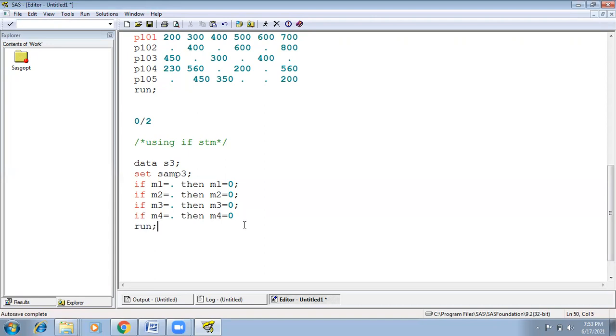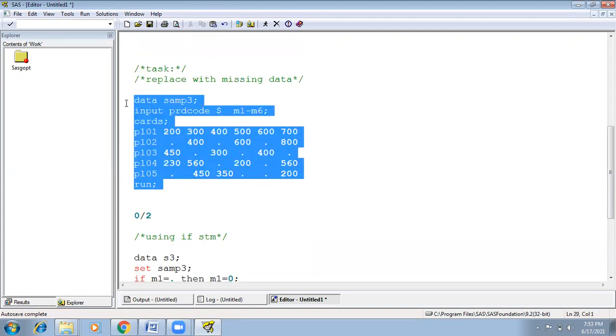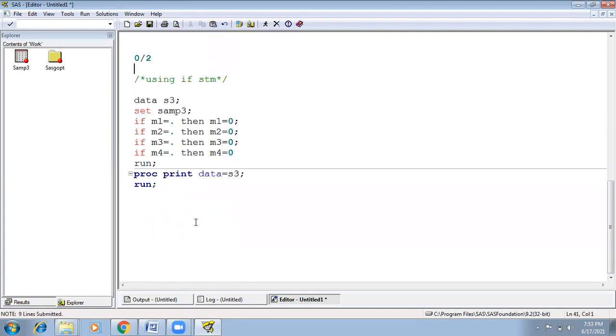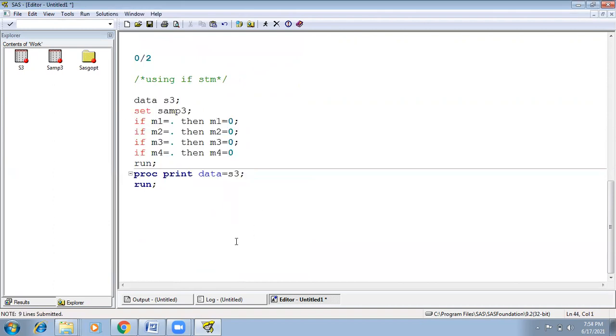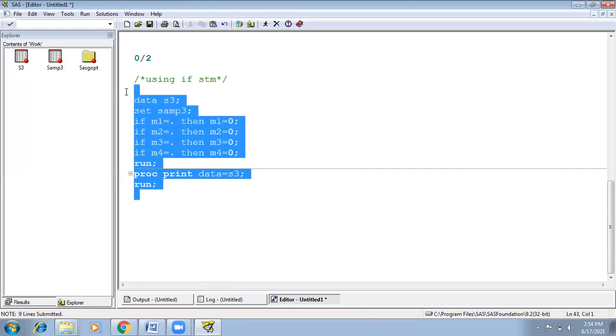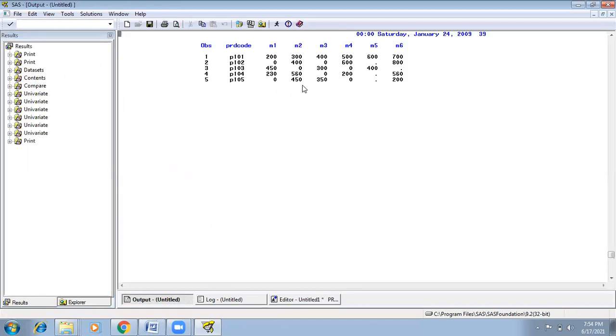Okay. Run this and we can get the proper result. Process data equals data set S3. But it takes more execution time. Click on the log window: condition if and else with a semicolon. 0, 0, 0.